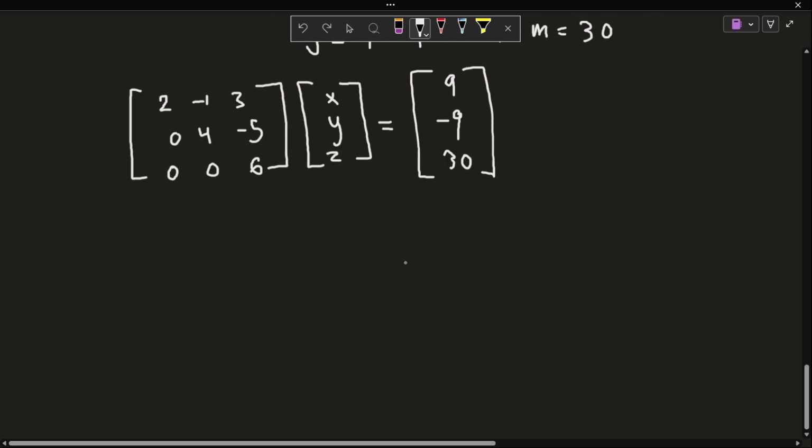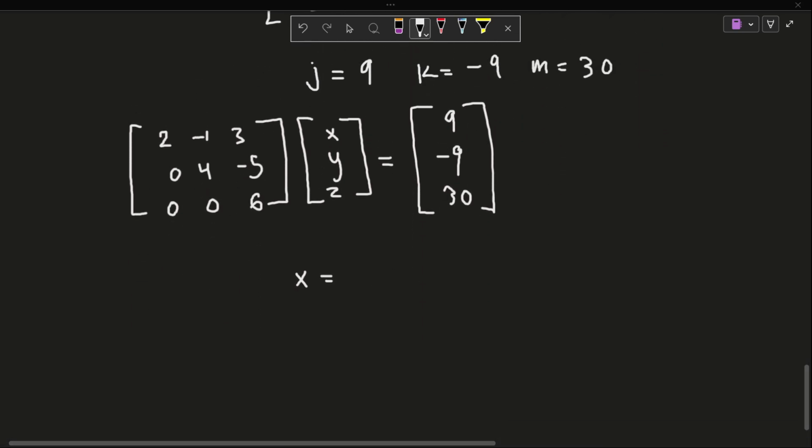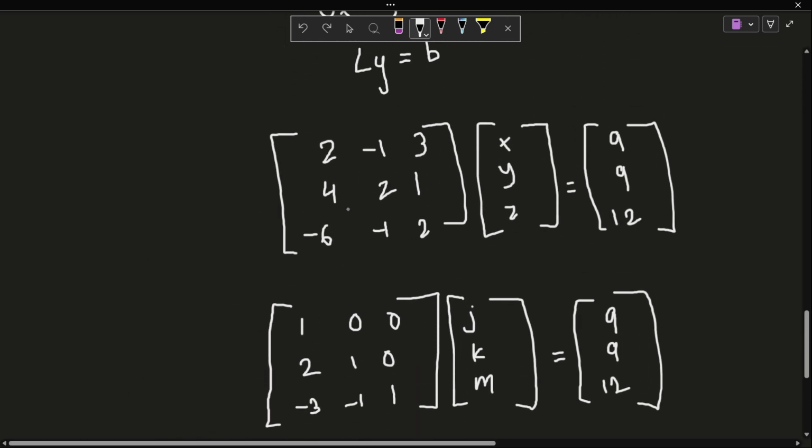And so when we solve this, we're going to get that x equals minus 1, y equals 4, z equals 5. And so that's your answer. That's pretty much it. And this is very simple because you get from here 6z equals 30, and then minus 5z plus 4y equals minus 9. So you just plug in the z that you know, and then you get y easily from there. It's really just simple to compute everything from there.